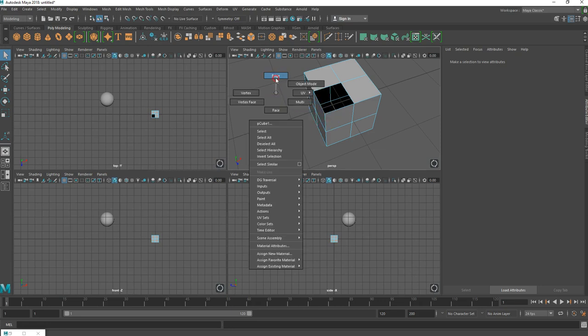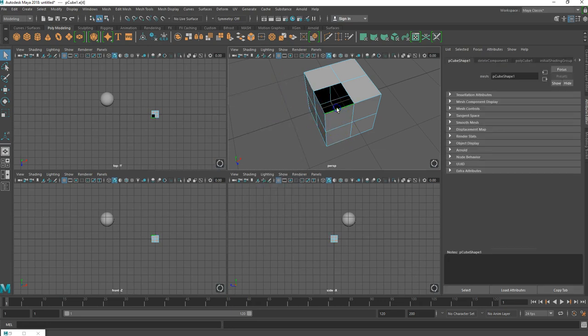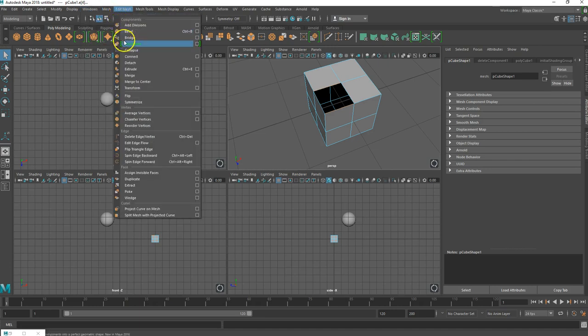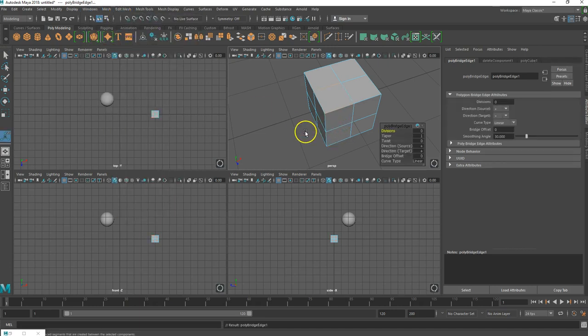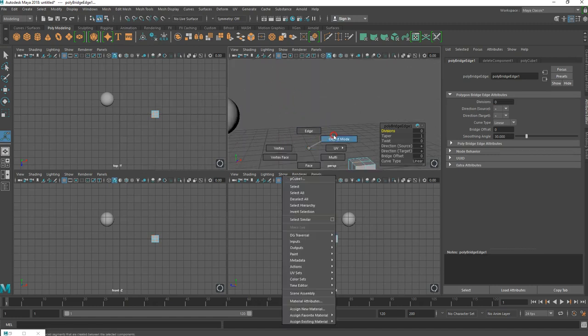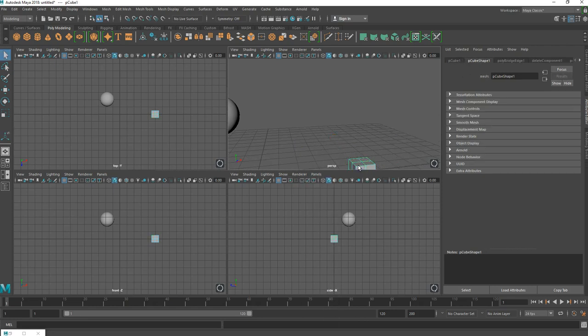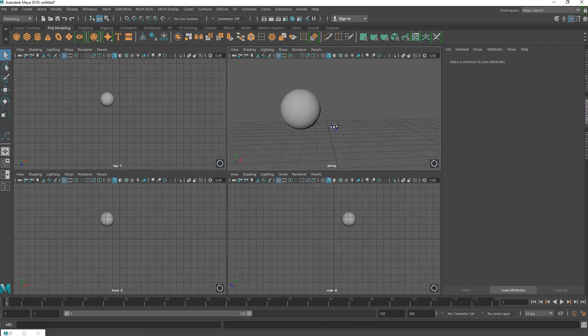So if I go back to edge mode, I can select an edge, and then select the opposite side. And we have this tool up here under Edit Mesh, Bridge, and I can bridge it and close it back up. We can talk about those later. Anyway, so now go back to object mode. I'm going to go ahead and delete that cube,